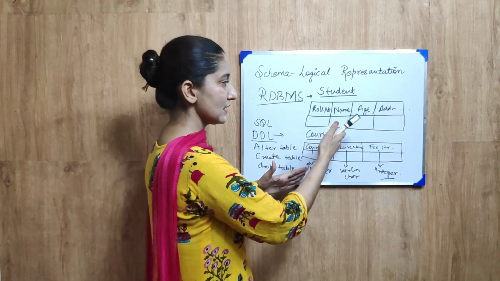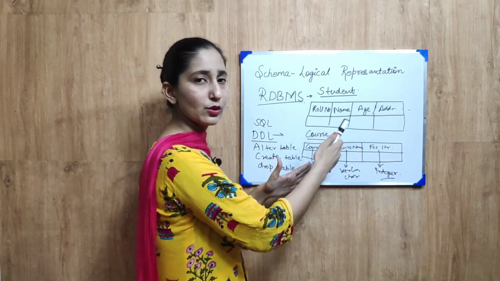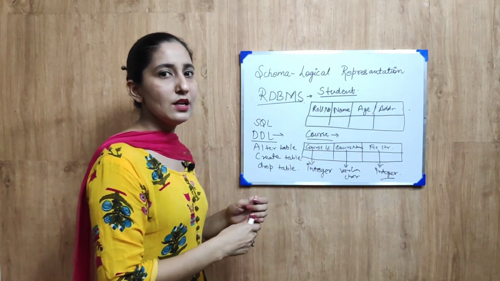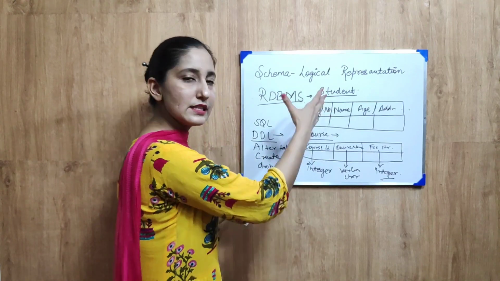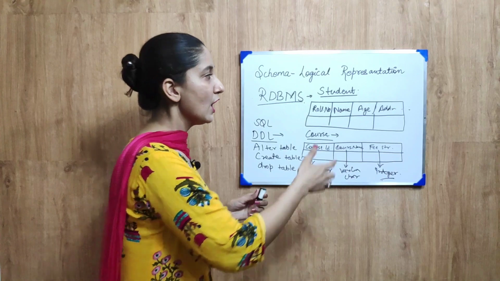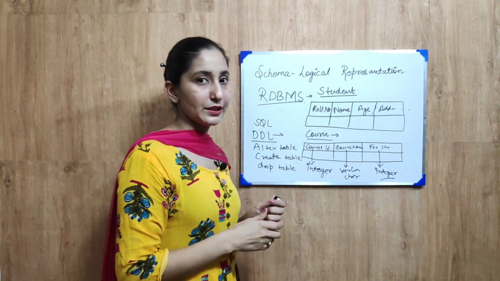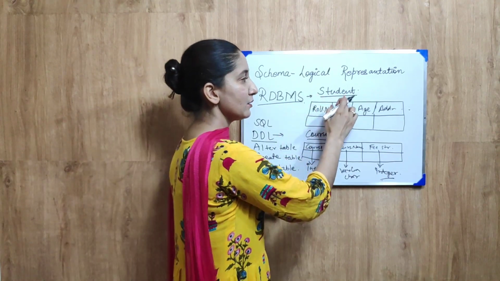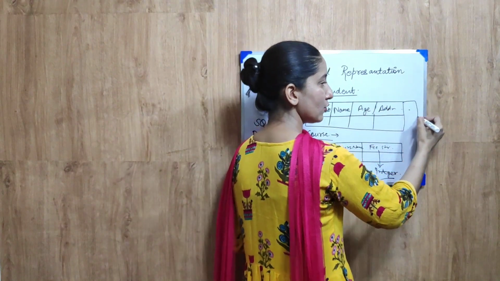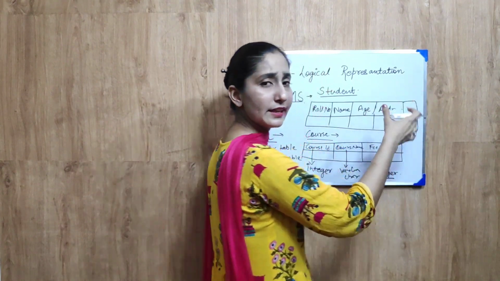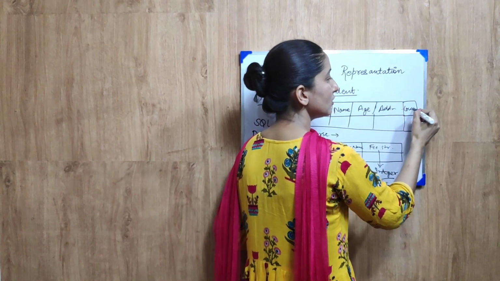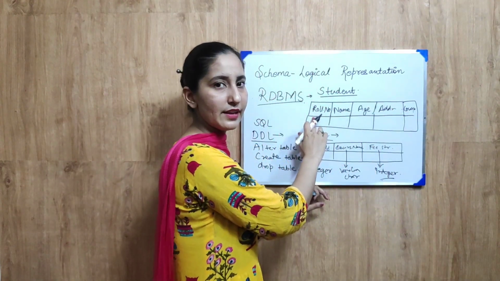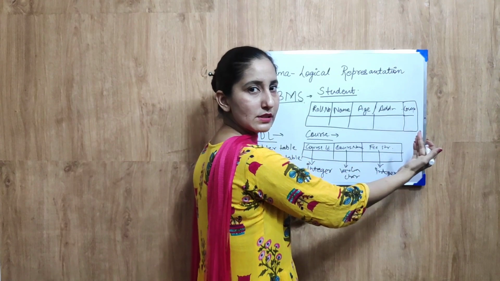So in this particular scenario, I'm just giving you an example. In detail we're going to study it further, but in this context I'm just going to give you an example of how these two tables can be connected together. So let's say a student must be enrolled for a particular course. There can be one more attribute that we can have, that is course. So every student must be enrolled in some course, right?